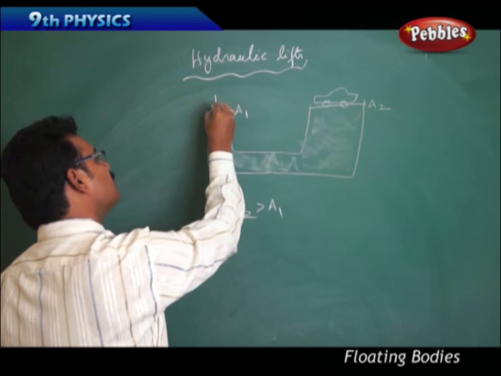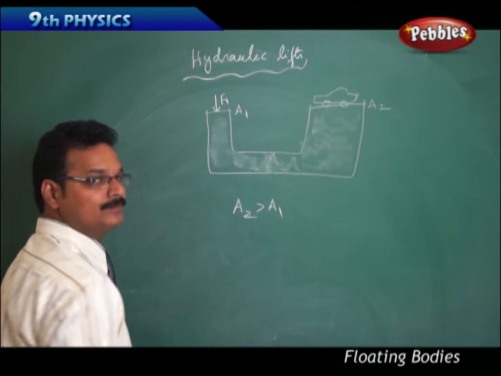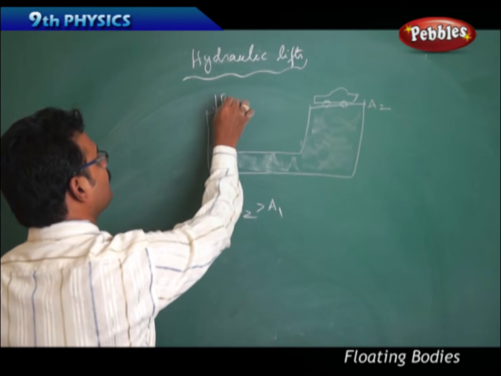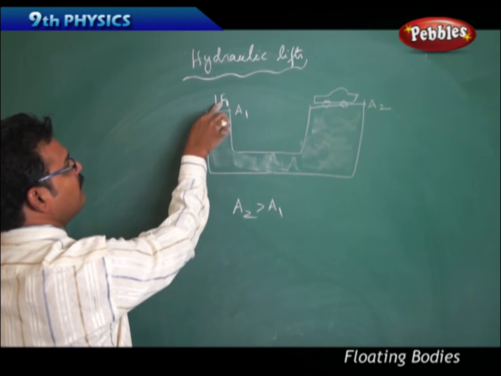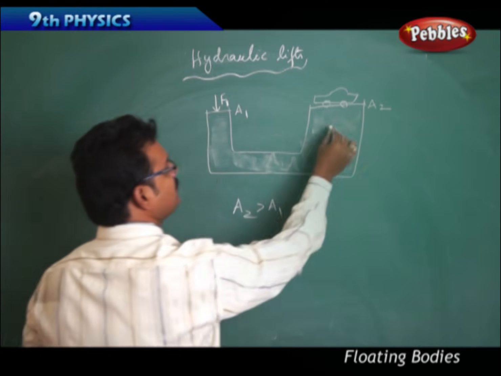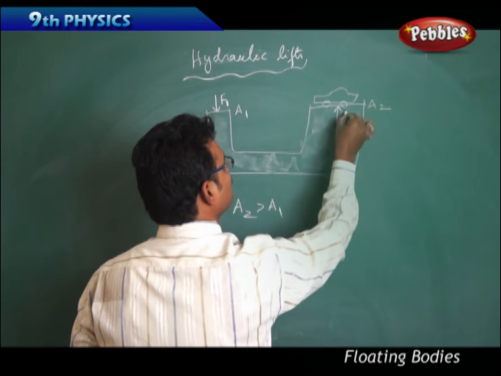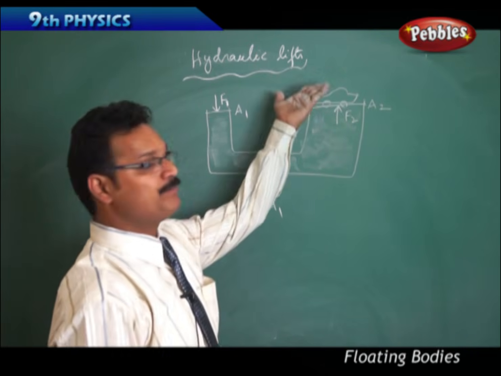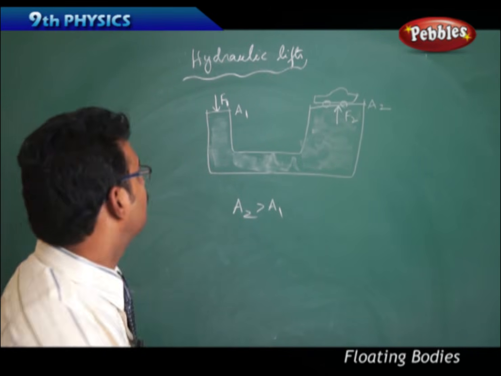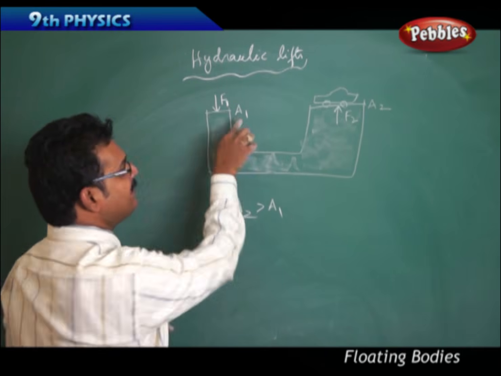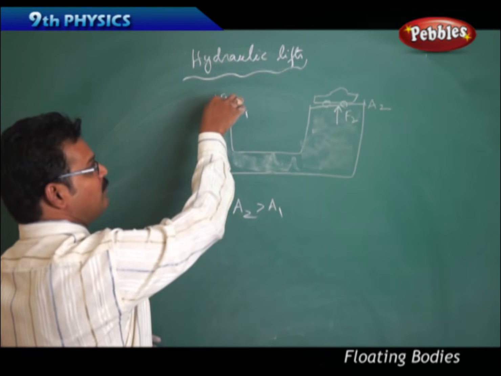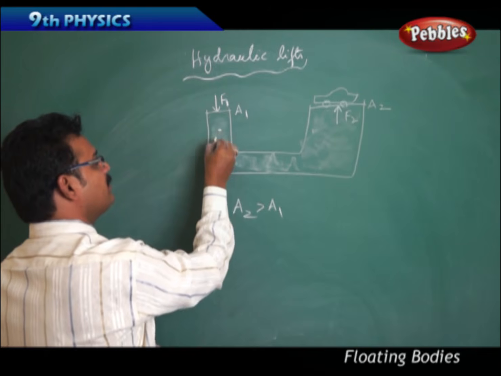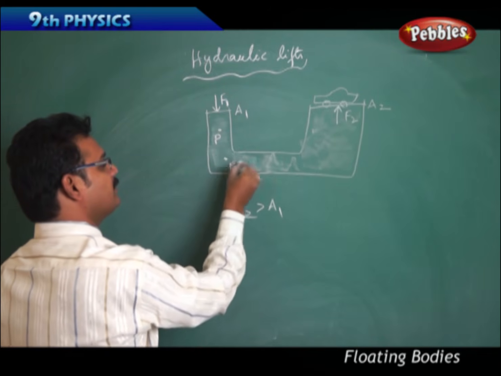Now here you apply a small force F1. Whenever the small force F1 is applied, there is a force F2 acting on the platform in the upward direction so that the car lifts up. How is it possible? You know that force divided by area is pressure. So whenever a small force is applied on this platform, the pressure is applied on the fluid or the liquid